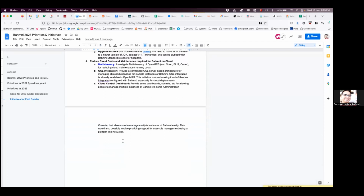The last one is the fact that a lot of Bahmni deployments and EMR now seem to be happening on the cloud, because a lot of the various cloud providers have been giving discounts and free cloud services to many NGOs or open source adopters. And in general, the capability on the cloud has improved across the board. Bahmni is also seeing an adoption, especially of Bahmni Lite on the cloud as a SaaS. And for that, to reduce the cloud maintenance costs and the running costs, we are looking at making Bahmni multi-tenant,